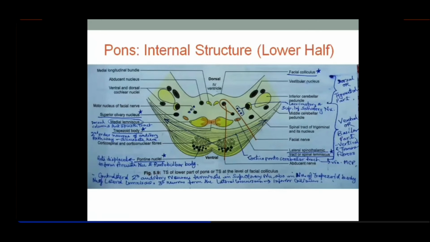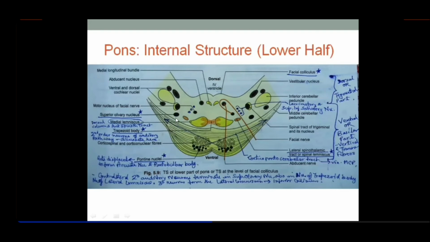That was for posture maintenance, for equilibrium, and these fibers were going into the cerebellum to the opposite inferior cerebellar peduncle, and they were, remember, called the climbing fibers. There are a lot of differences. So from the inferior olivary nucleus through the inferior cerebellar peduncle, the fibers were reaching the opposite side, and they were called the climbing fibers. Here also they are reaching into the opposite cerebellum, but these are pontocerebellar fibers.